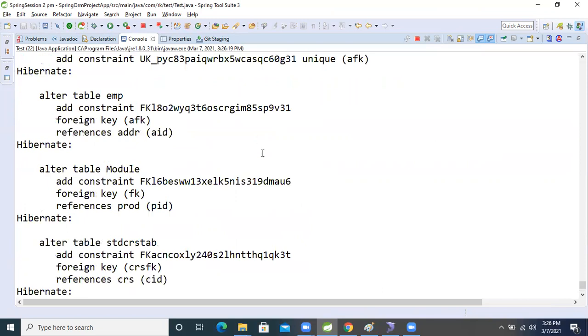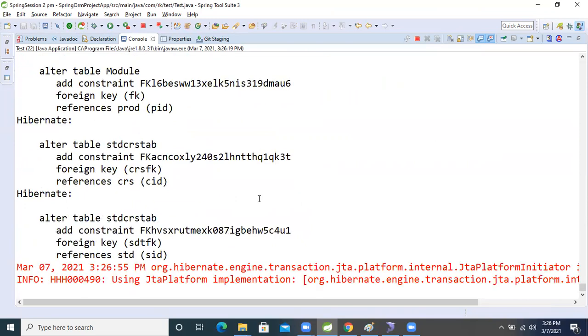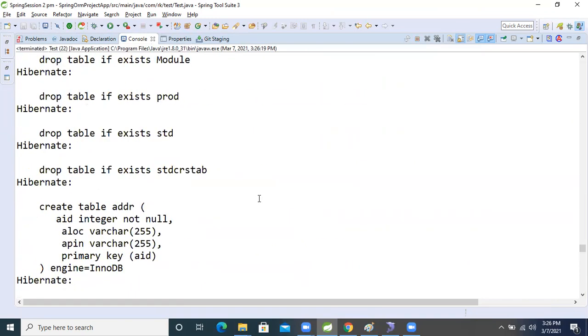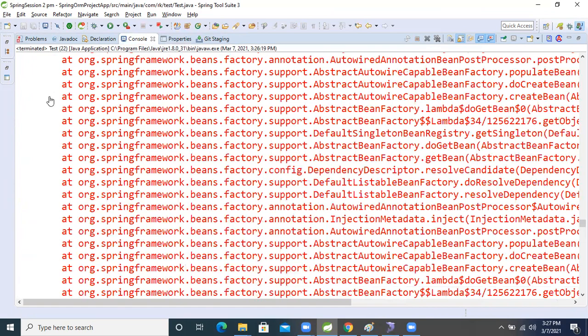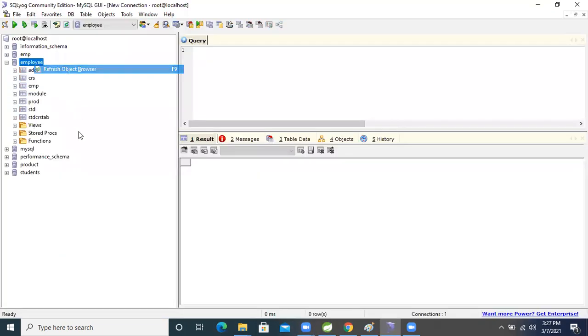See, things are going good, there is no error, right? Now, some error is there. Okay, no problem, I know why the error came. Don't worry about that. Now refresh the database. See, multiple tables are created, but our tables are course, meaning CRS, and then the STD_CRS table is there, and another one is STD.